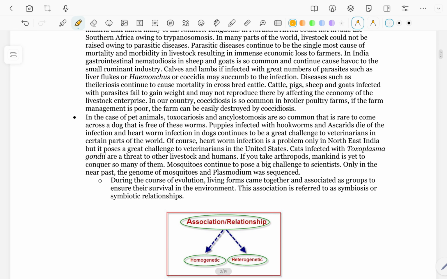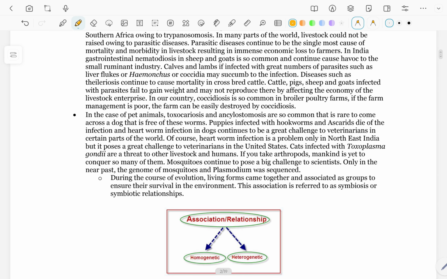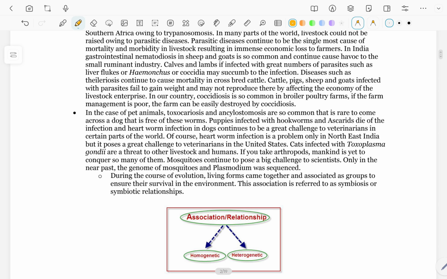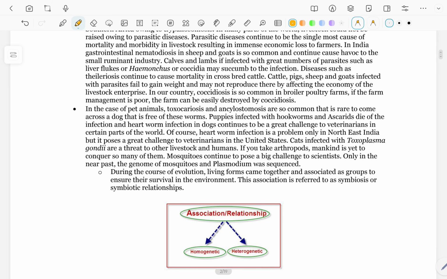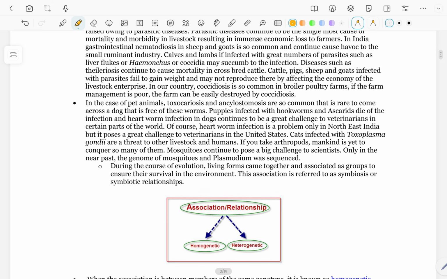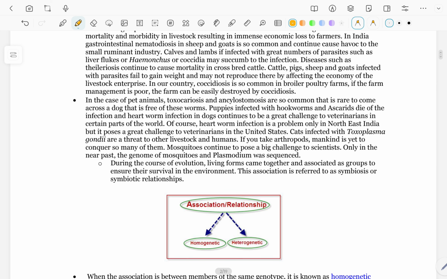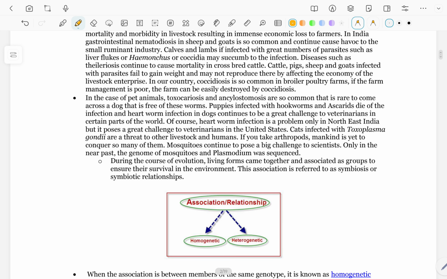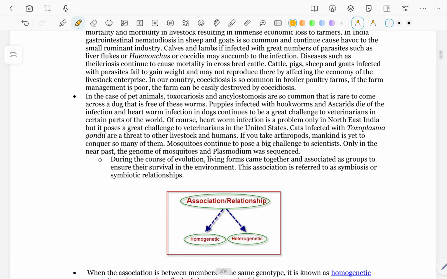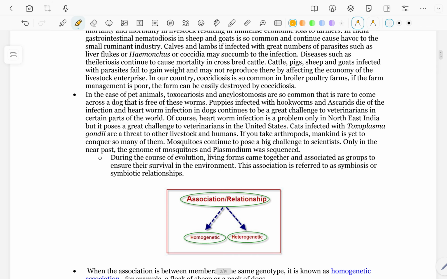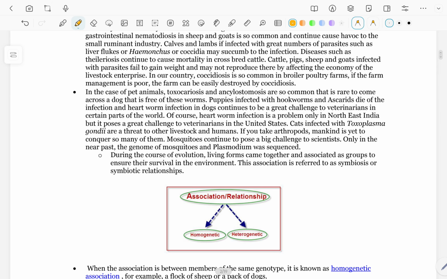Cattle, pigs, sheep, and goat infected with parasite fail to gain weight and may not reproduce thereby affecting the economy of the livestock enterprise. In our country, coccidiosis is so common in poultry farm. If the farm management is poor, the farm can be easily destroyed by coccidiosis. In the case of pet animal,